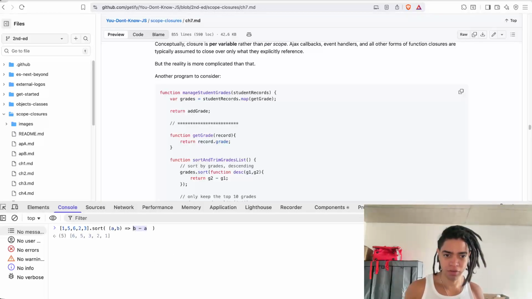Exactly. So if this now is negative, all right, if this now is negative,